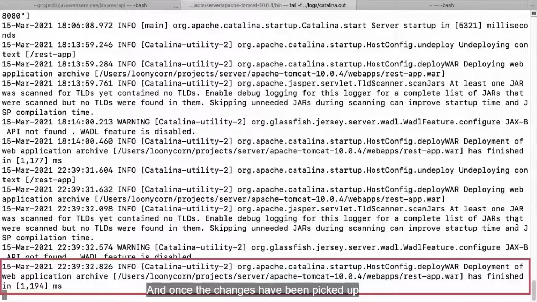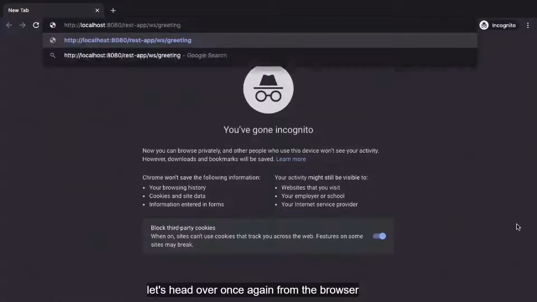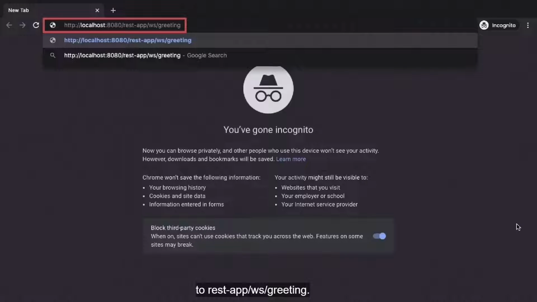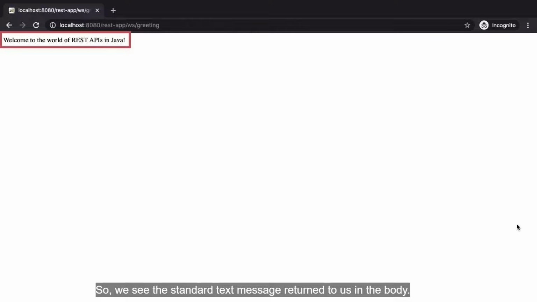And once the changes have been picked up by Tomcat, let's head over once again from the browser to restapp/ws/greeting. So this will submit a GET request to this URL, and this should invoke the first of the myGreeting methods, which does not include a parameter. So we see the standard text message returned to us in the body.